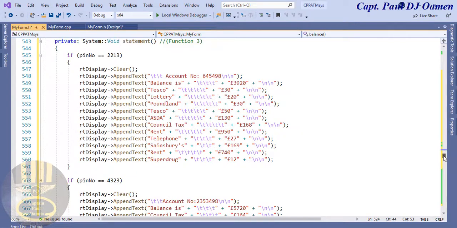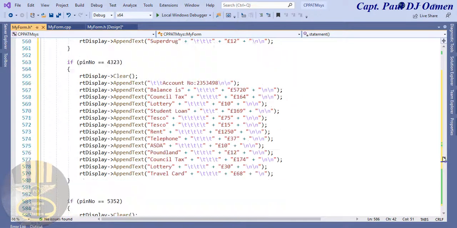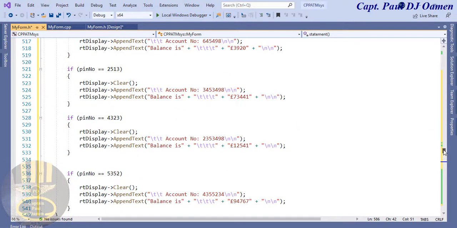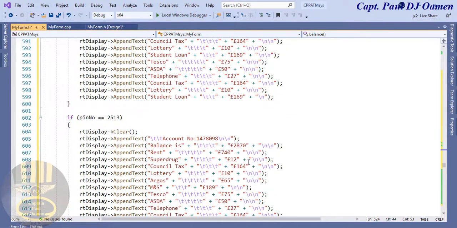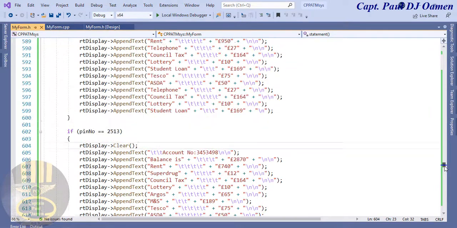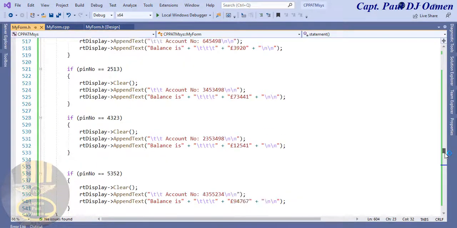Okay, 2513. There we go. Change the account number. There. Oh no, it's not changed. Copy that again and come right down. 25. Paste. Right. Now that all of that is done, I'm now going to call the balance and